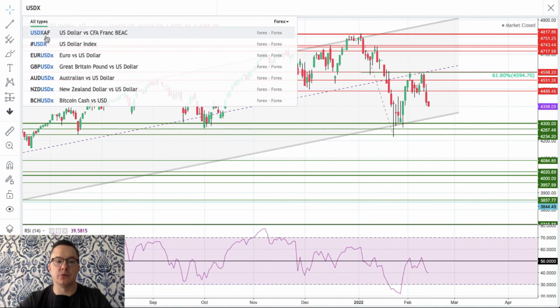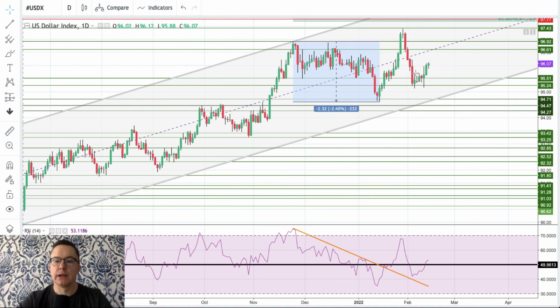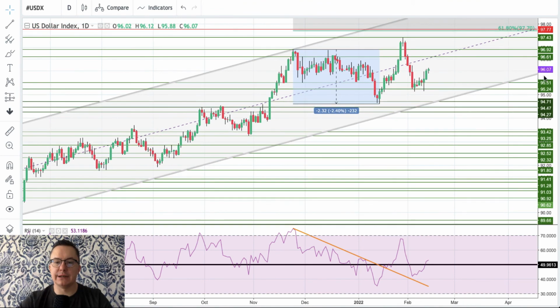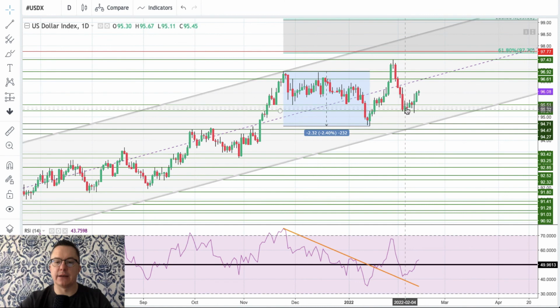Let's take a look at the US dollar index. The daily time frame chart of the US dollar index after the period of the sell-off is showing us the test of the RSI short-term trend line and the bounce back above the level of 50 points on the RSI, which means this is a very nice rebound, which is supported by the increasing bullish momentum. The next target for the US dollar is seen as 96.61, 96.92, which are the intraday technical resistance levels, of course.